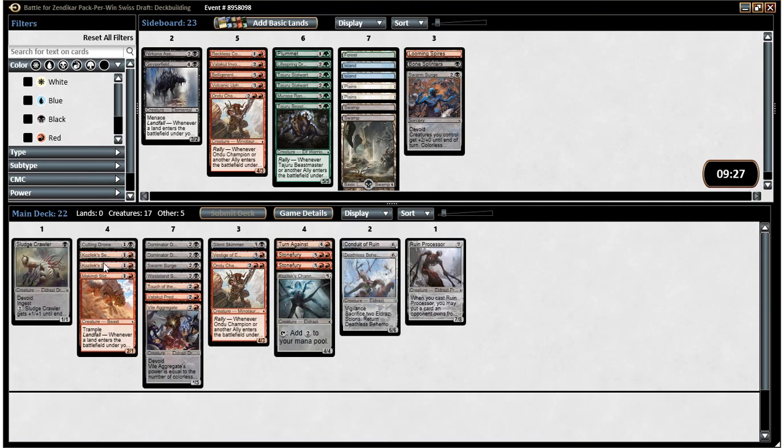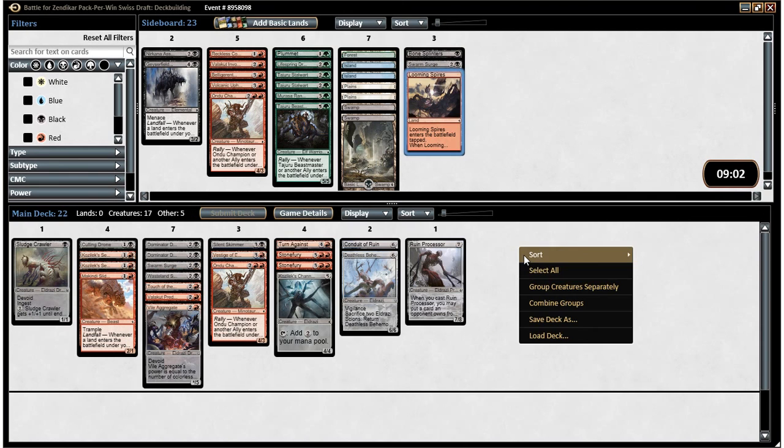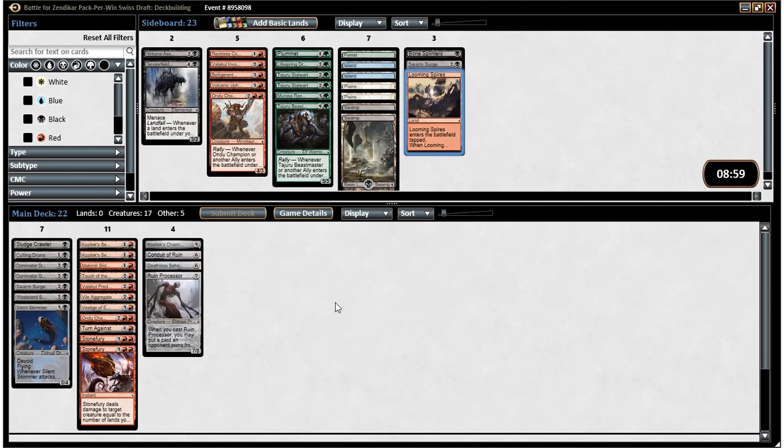We ended up with 3, 4, 5, 6, 7, 8. Oh, that's not a creature. 8, 9, 10, 11, 12, 13, 14 colorless creatures. Even though we didn't go full on into colorless until late. So that's good for our Vile Aggregate and for our Swarm Surge, both. But yeah, we want 18 lands in this thing, so let's put our Looming Spires. Well, we're going to sort by color first. Yeah, we definitely ended up with more red than black. And we have 3 things with double red, so